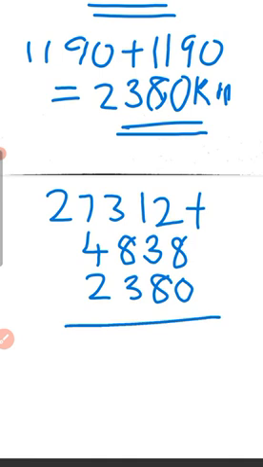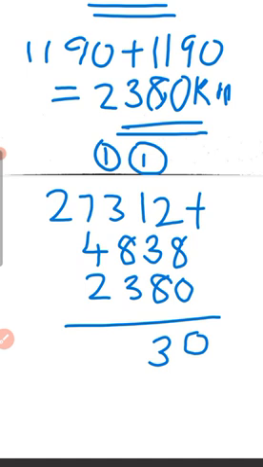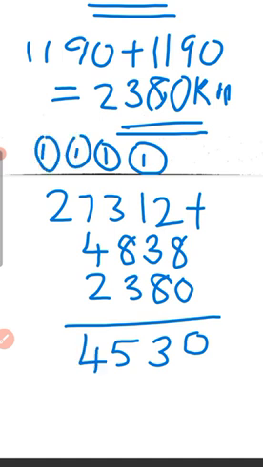8 plus 2, 10. 10 plus 0, 10, 0. 1 carry over. 1 plus 1, 2. 2 plus 3, 5. 5 plus 8, 13. 3. 1 carry over. 1 plus 3, 4. 4 plus 8, 12. 12 plus 3, 15. 5. Again 1 carry over. 1 plus 7, 8. 8 plus 4, 12. 12 plus 2, 14. 4. 1 carry over. 1 plus 2, 3. So the total distance she travelled is